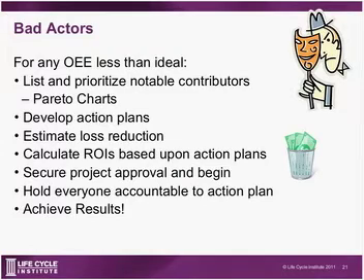If we assume moving to the new pump is going to cost $50,000, but it allows us to produce 10,000 more widgets a year, and that's worth $400,000 a year, then you have a good business case. Once you develop your business case and calculate your ROI, you can move that through the proper channels to get the project sign-off and approval, and you can actually put in place your action plan. Once the action plan is complete, you can hold everyone accountable to the results of that plan, and you will achieve your results.